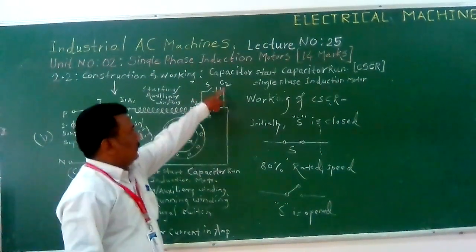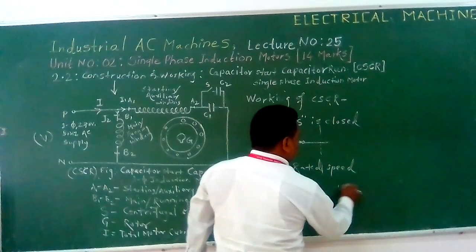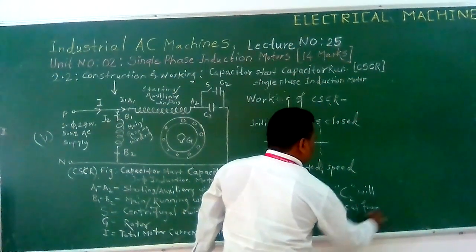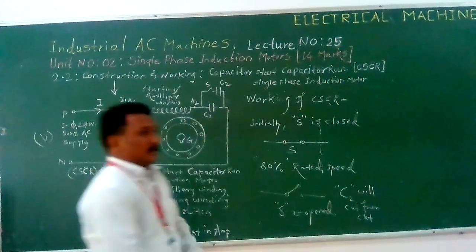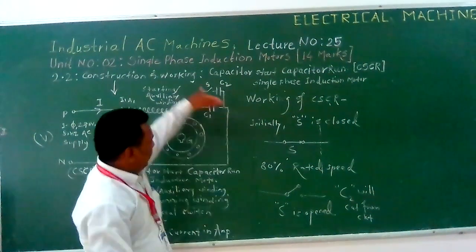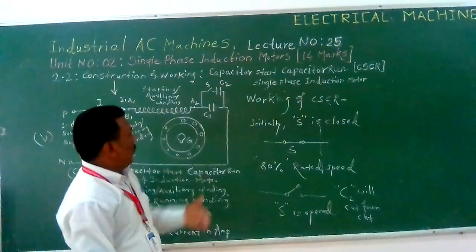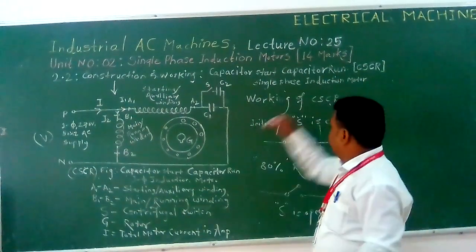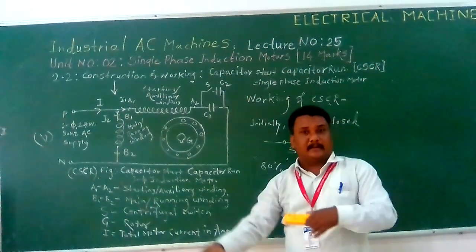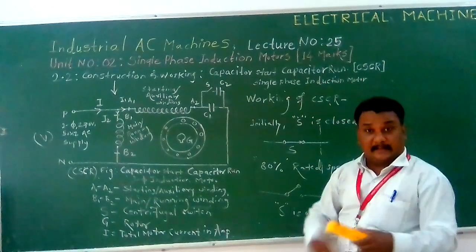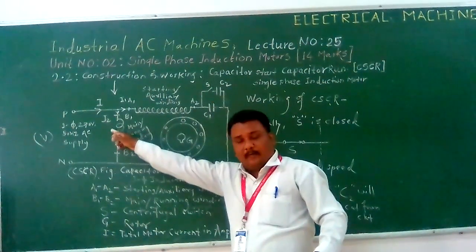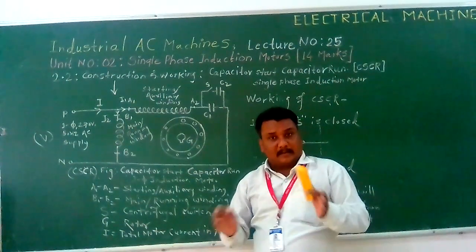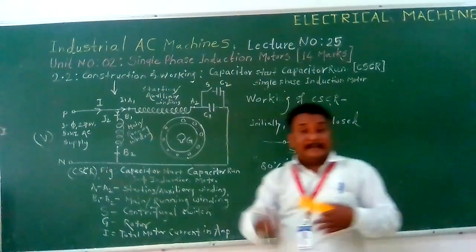And then what happens? C2 will be out of service. C2 will be cut from the circuit. Means the starting capacitor will be cut, but C1 remains in the circuit. Now what happens? At the same time, whenever C2 is automatically cut by the centrifugal switch, at the same instant the running winding current I2 starts flowing, and the induction motor runs on that,